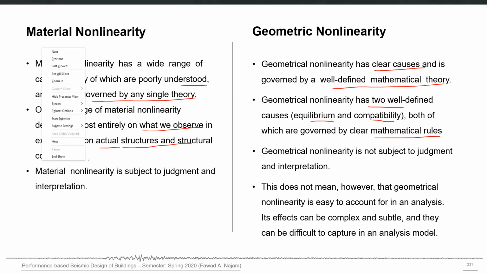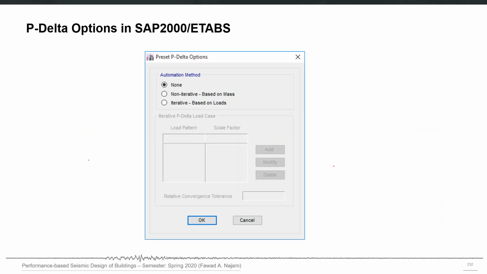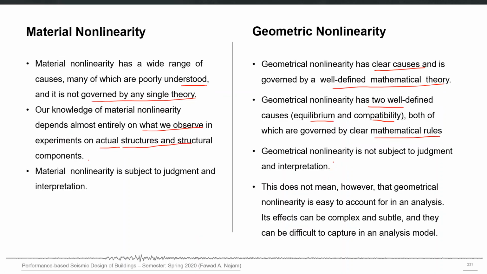Geometric nonlinearity is not subject to judgment and interpretation because it is governed by well-defined mathematical theory. So it is something which you can clearly understand without any experiment. Material nonlinearity, on the other hand, is subject to judgment and interpretation.